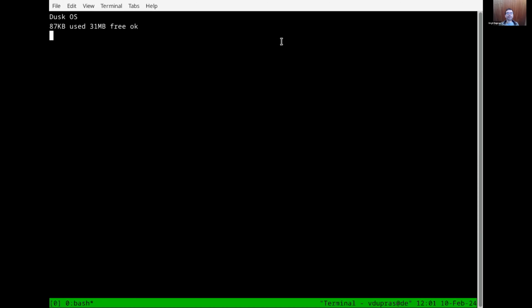So my machine is an i386, an Intel CPU. So this user mode Dusk is running in i386. So the C compiler.